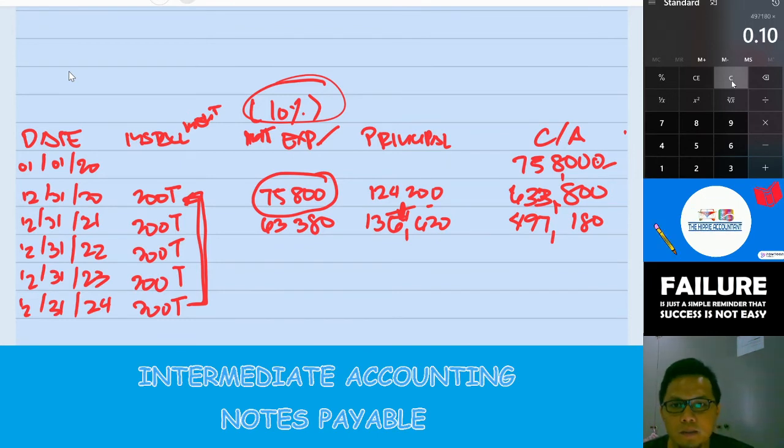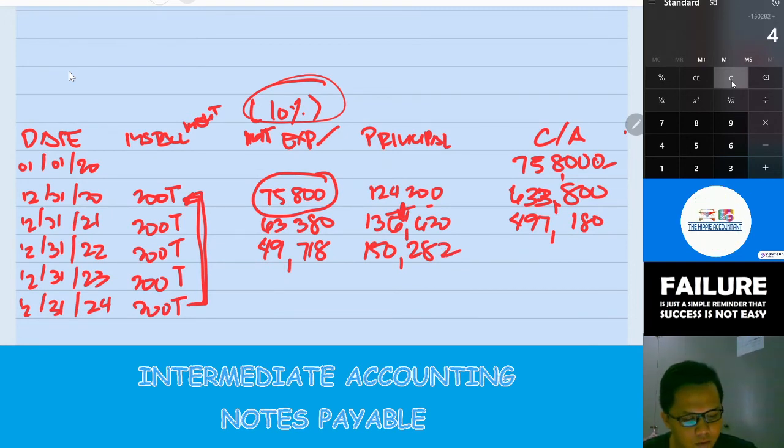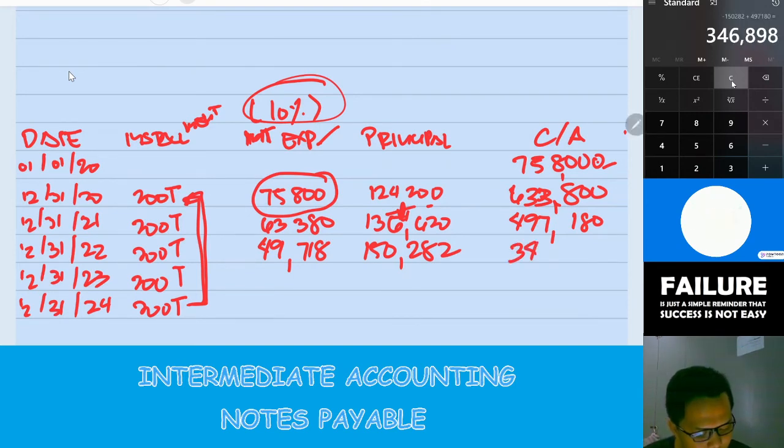Multiply again by 10%. So 49,718 minus 200,000 installment. So the applicable for principal payment is 150,282 minus again the carrying amount because that is a payment. So we now have 346,898 balance on December 31, 2022. Repeat the process times 10%. So that is